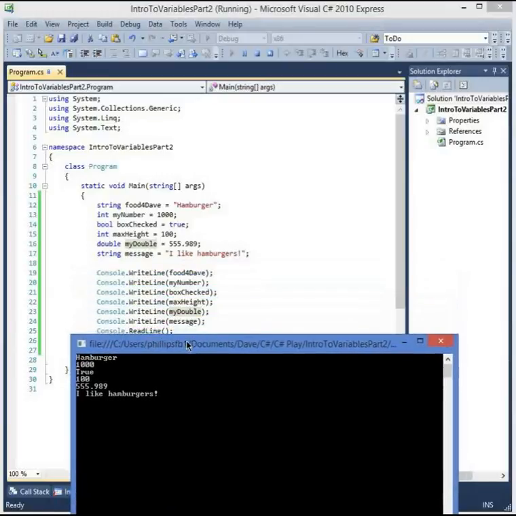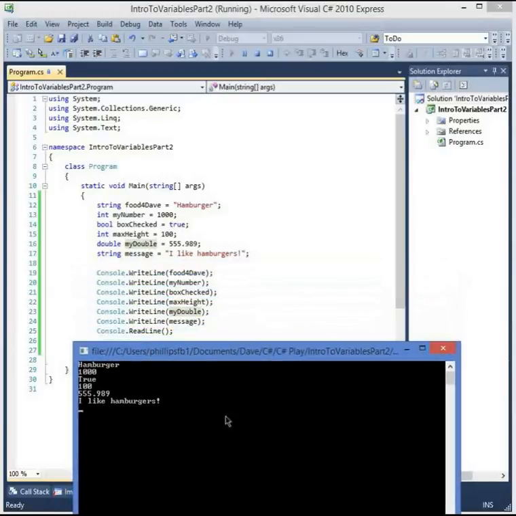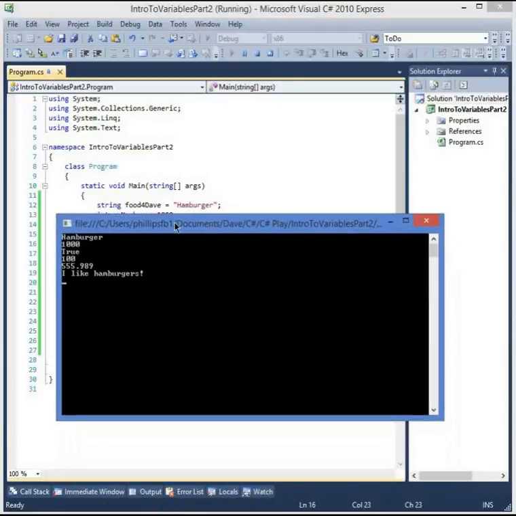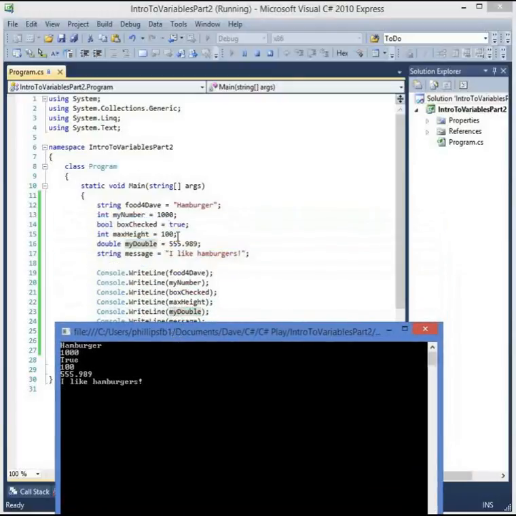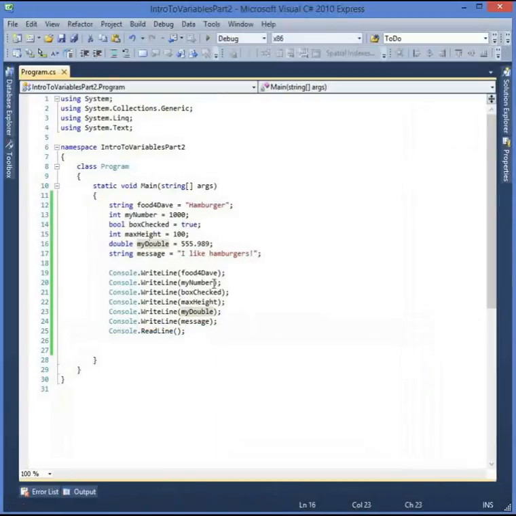Also note that you can only print strings to this screen. This console will only print strings, right? And not all of these are strings, only 2 of these are strings. But what this Console.WriteLine does, implicitly, without you telling it to, it will convert these values to a string. So like this int is an int type, so it's going to convert it to a string. It'll convert it to a string, and you can actually do it explicitly